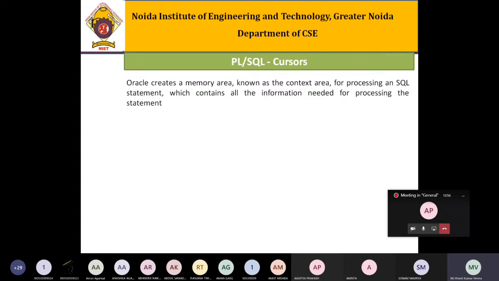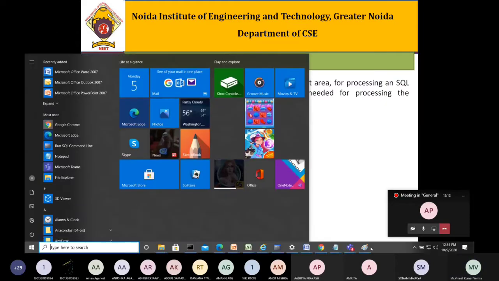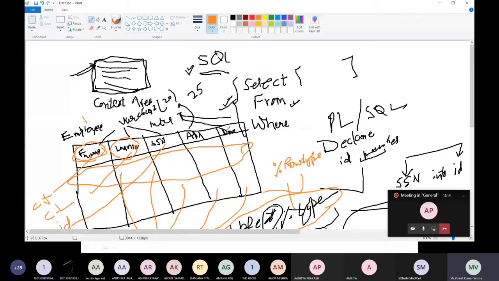So Oracle creates a memory area known as the context area for processing any SQL statement, which contains all the information needed for processing the statement, right? For example, if we write any SQL statement, one of the forms is select, then we write from, and then we write where, right?